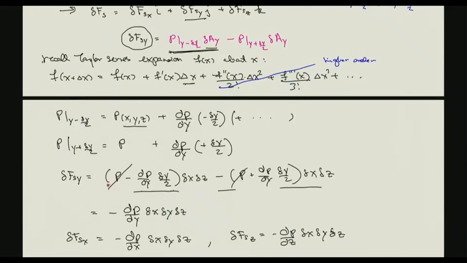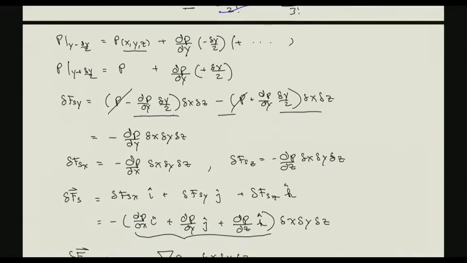And you can see that the leading order P and minus P cancel, and then you have 1/2 minus partial P partial y in both terms, and so they add up to be minus partial P partial y. And then this delta y multiplied by delta x delta z gives you this, which actually happens to be the incremental volume of the fluid element. So we have that first term in the y direction,